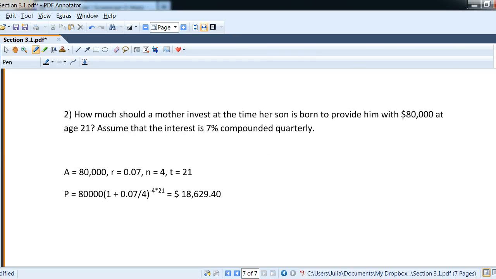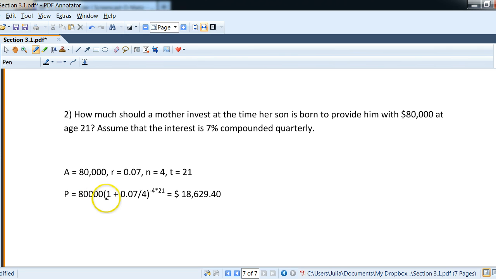There's an interesting one about a mother trying to invest at the time her son is born to provide him with a nice inheritance or a trust fund, $80,000 at age 21, and it's 7% compounded quarterly. So note how we set this up. It's